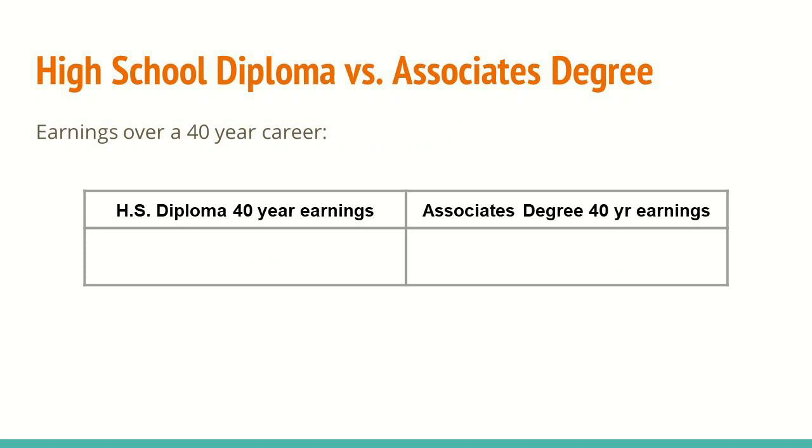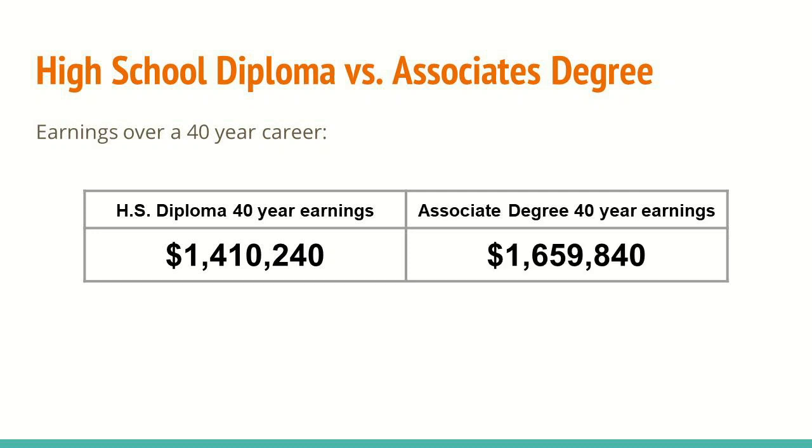Okay, let's see what this looks like over the course of a 40-year career. So let's say that you're 25 years old, you've got 40 working years ahead of you, and you're going to retire at 65. The person with a high school diploma earns over their lifetime, using that median yearly salary, about $1.4 million. The person with the associate's degree earns about $1.65 million. The difference over a lifetime is nearly